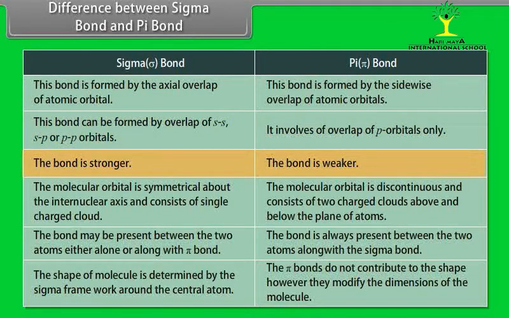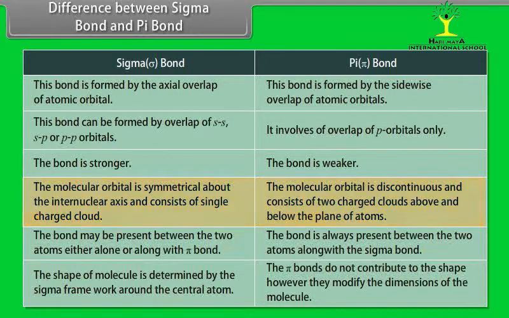Sigma bond is stronger because overlapping can take place to a larger extent, whereas pi bond is weaker because the overlapping occurs to a smaller extent. In sigma bond, the molecular orbital is symmetrical about the internuclear axis and consists of a single charged cloud. Whereas in pi bond, the molecular orbital is discontinuous and consists of two charged clouds above and below the plane